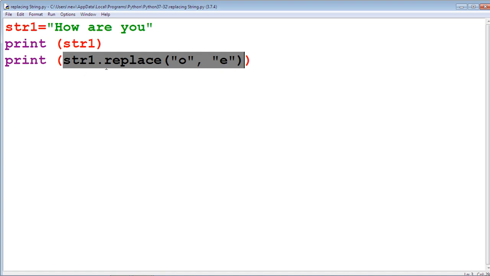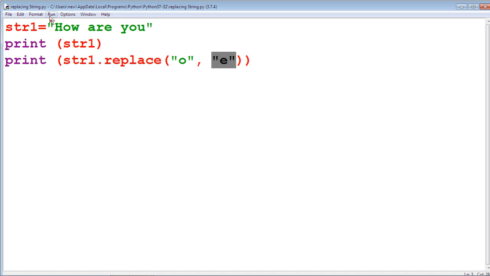This is the general format. str1 dot replace within brackets, this is the character to be replaced. This character is replaced with e.